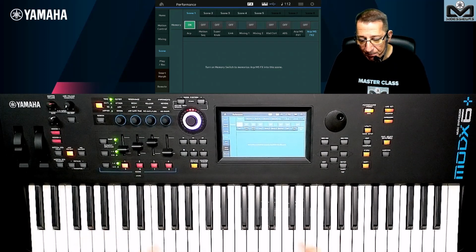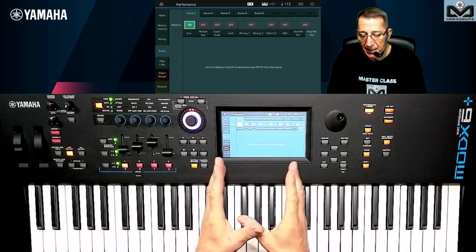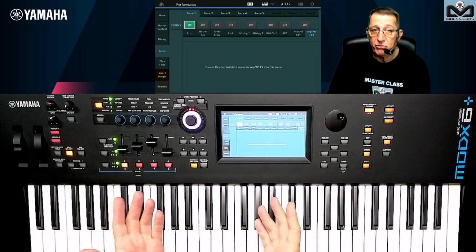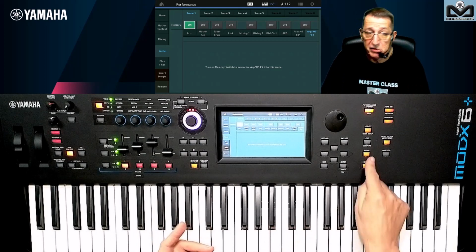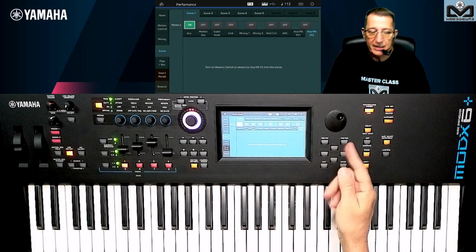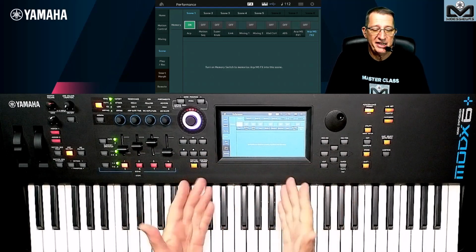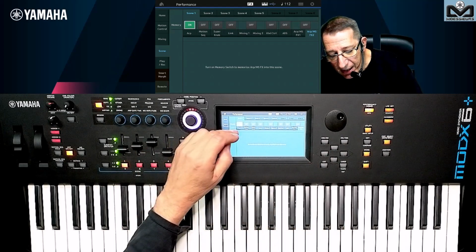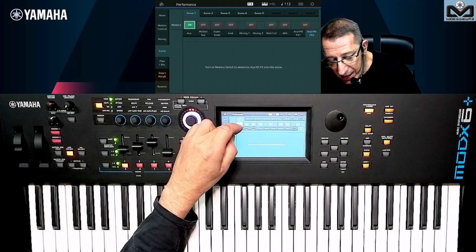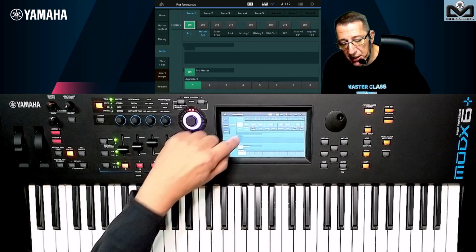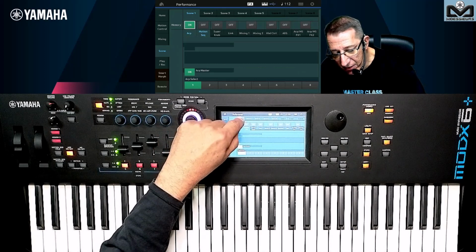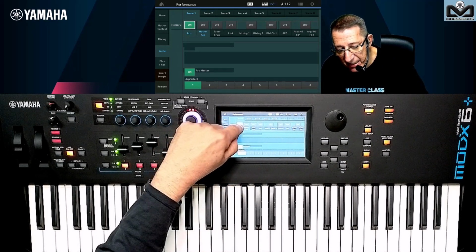And also all what you need here is kept in the performance. Of course, at the end when you have finished all your job, you need to store it, but you can go and come back, and all you have done in the screen will stay. Okay, so what can we do? We can go here on scene 1 and set the arpeggio. You need to activate the scene, and after you activate scene 1, you need to activate one setting. Here, set the arp.